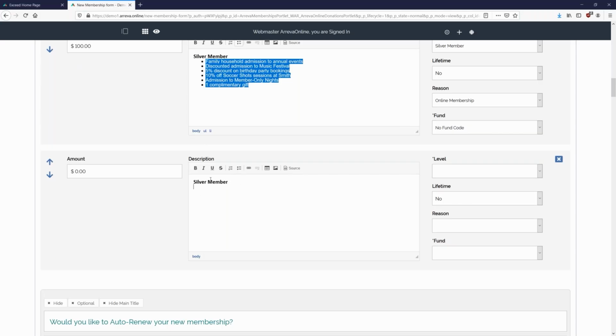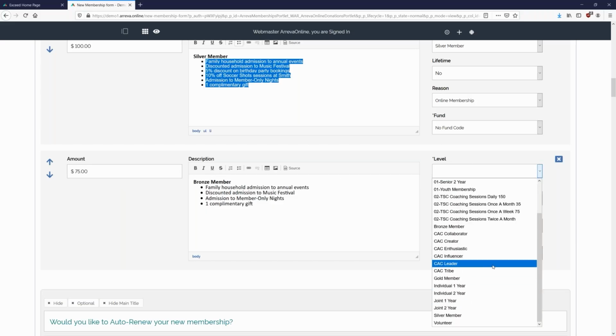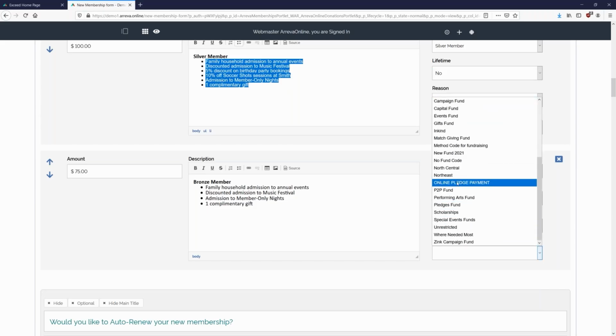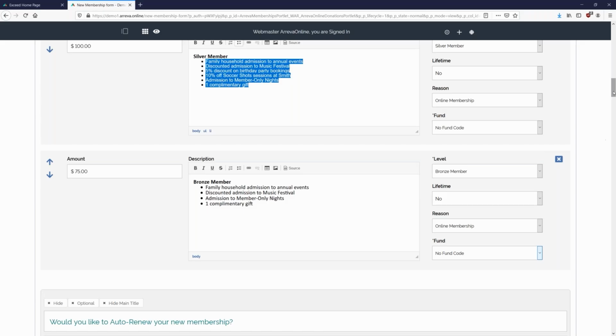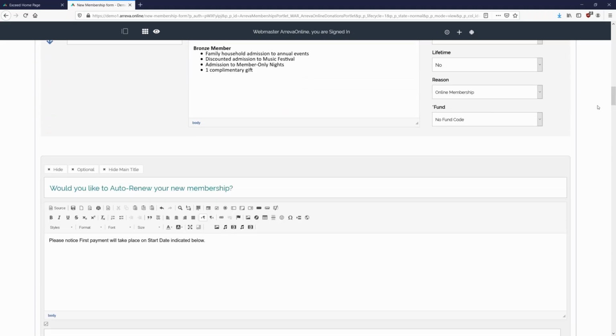And I want to make sure the text is the same. Bronze member, perfect. And I believe I set this one to 75. Fantastic. So we can get our setups going there. Wonderful. There's our bronze member, reason code, and our fund. Great. So now we have our options set up. So those are our 3 membership options, which of course we can add to or hide or take away, if we're not needing any. And simply we're good there, and we can move on to the rest of the form,